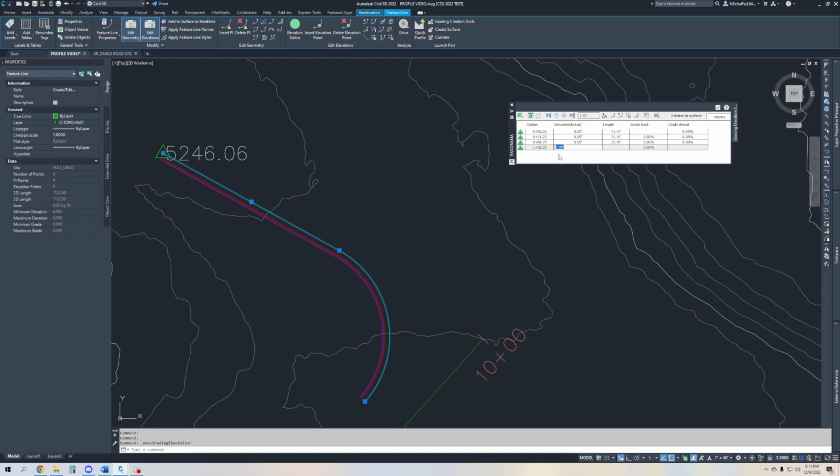So I'm going to go ahead and type in 5246.06 because I want the start of my curb and gutter to match existing grade. So I'm going to go ahead and type that in, and you can see that now it is trying to grade it, set a percent slope from this point down to 0, and it automatically filled that in. So that is a negative